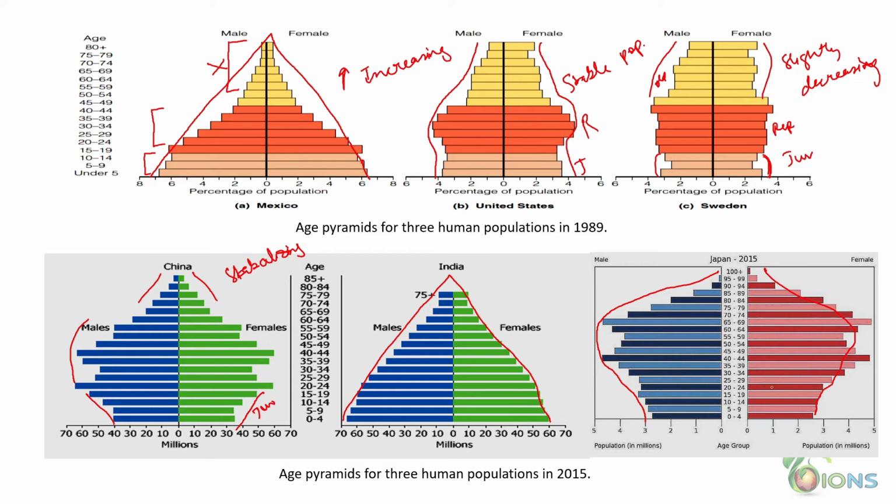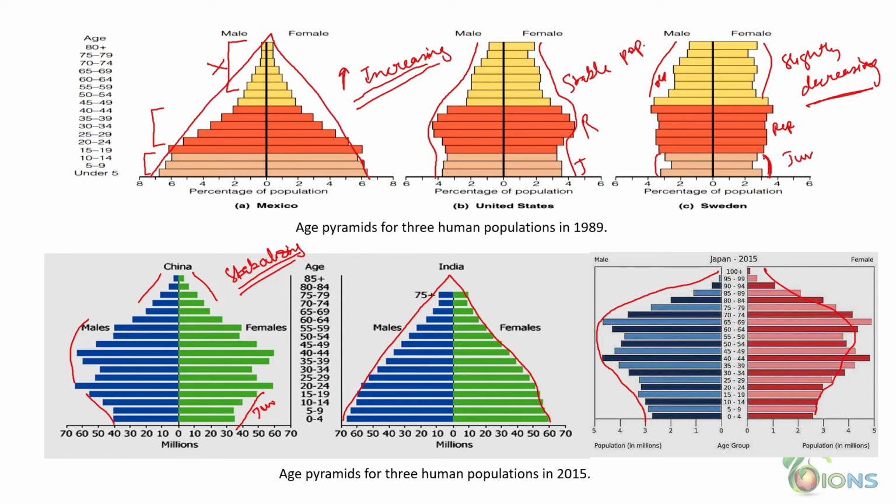So here we are seeing different forms of populations which can be assessed through a simple graphical representation, and that is age-sex pyramids. And remember, in an age-sex pyramid, a triangle represents an increasing population, bell-shaped represents a stabilizing population, and urn-shaped represents a decreasing population. So there might not be a directly urn-shaped one, there might be differently shaped pyramids, but you have to find and see how they vary.